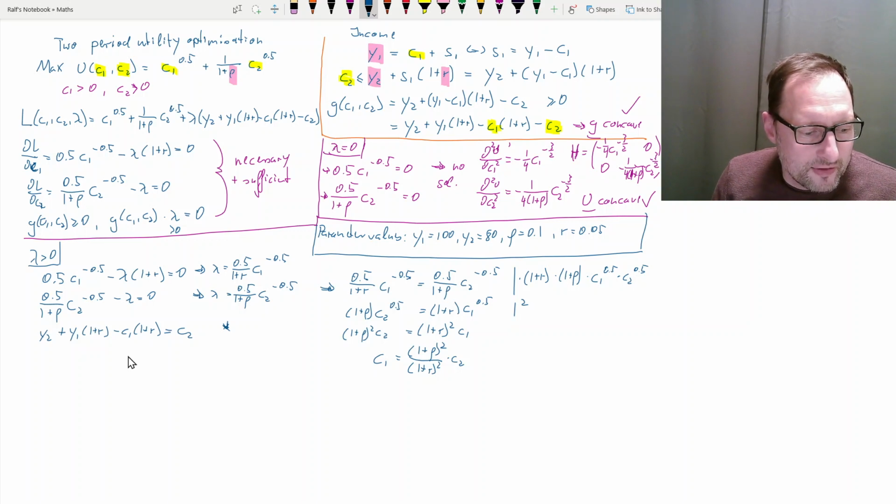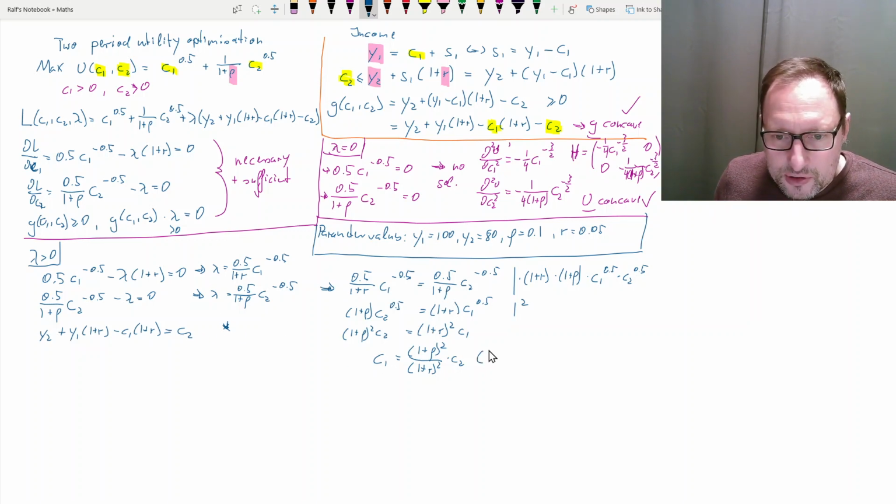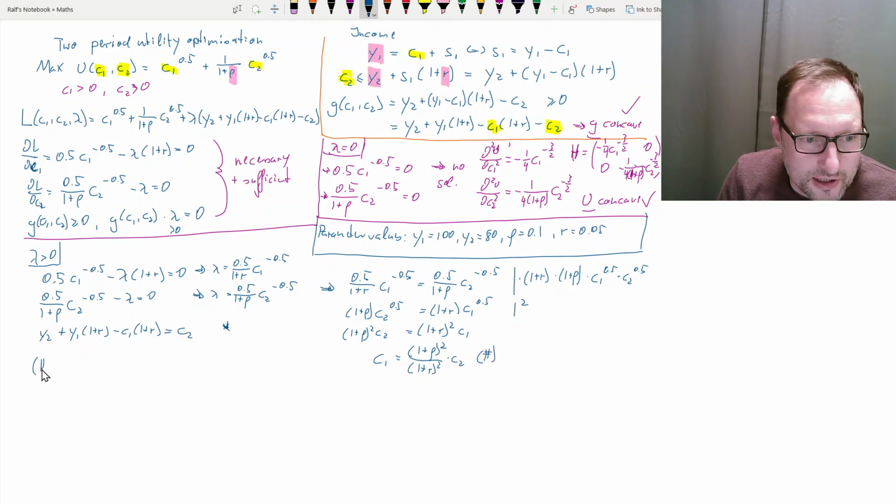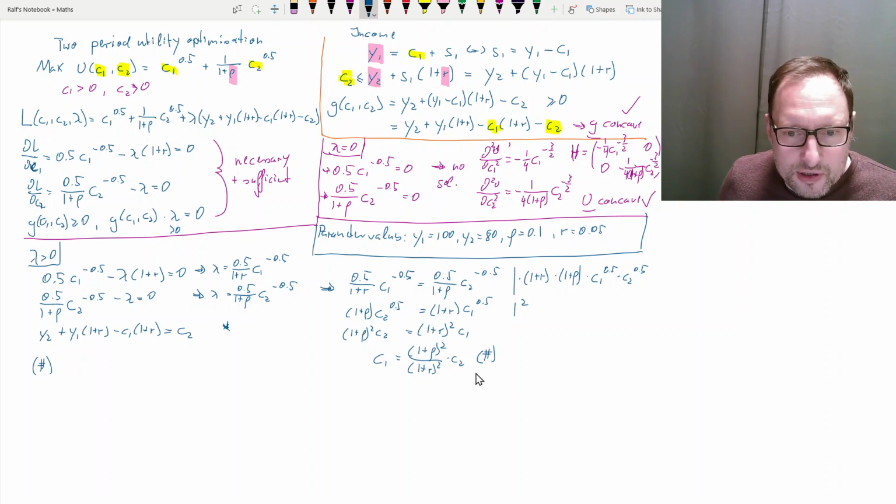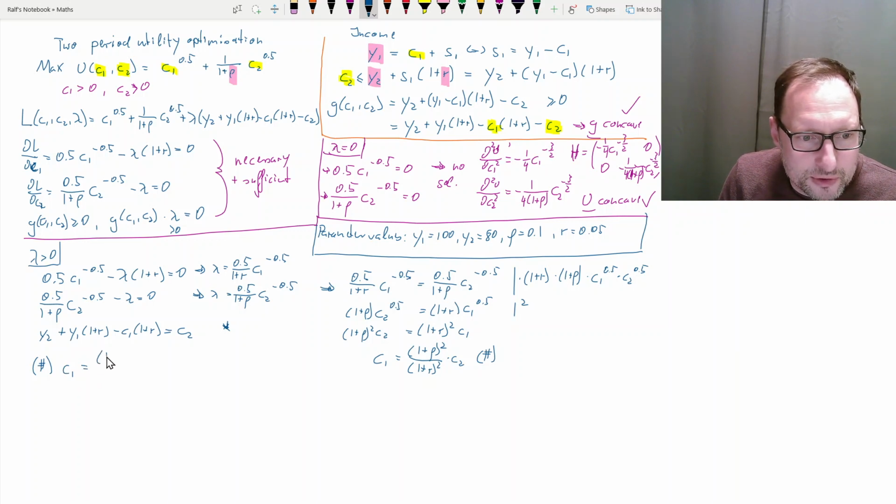Okay, so if we sub this into what we'll call the hash equation, let me continue here. So the hash equation with C2 substituted with what we know from the constraint, we get